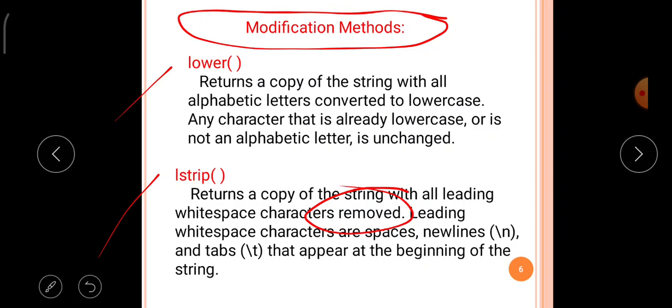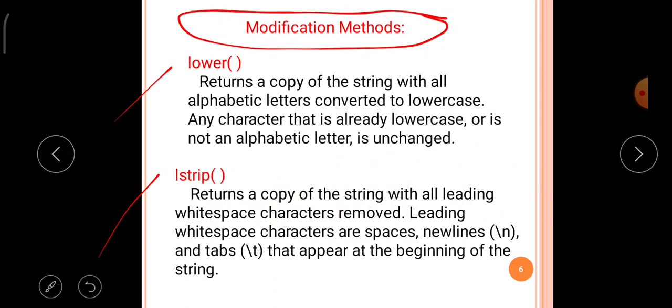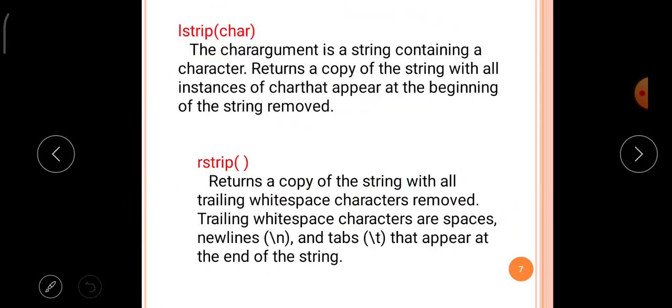Leading white space characters are spaces, new lines (backslash n) and tabs (backslash t) that appear at the beginning of the string. That is very important. If a string contains white space characters at the beginning, they are removed. For example, if a string contains GDCW and JGL with a space in between, lstrip will remove the space and join them into one string.